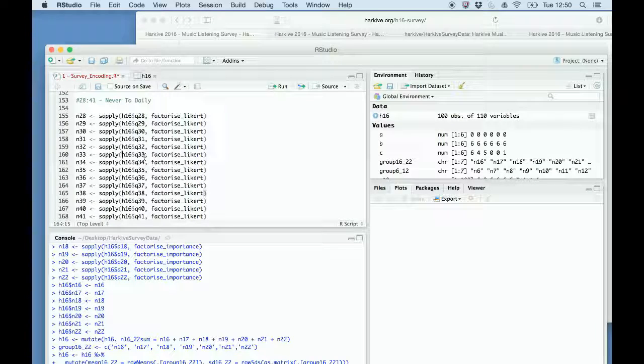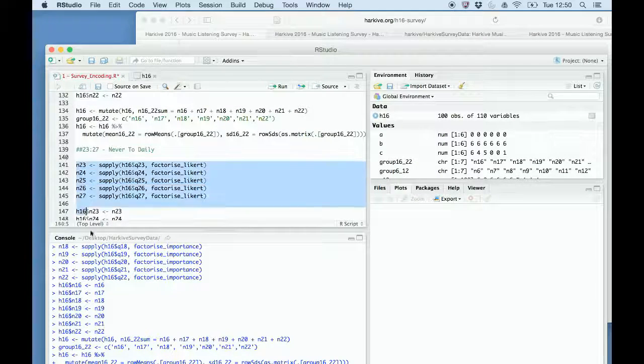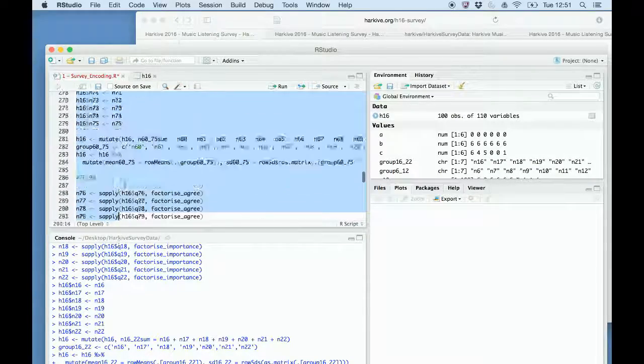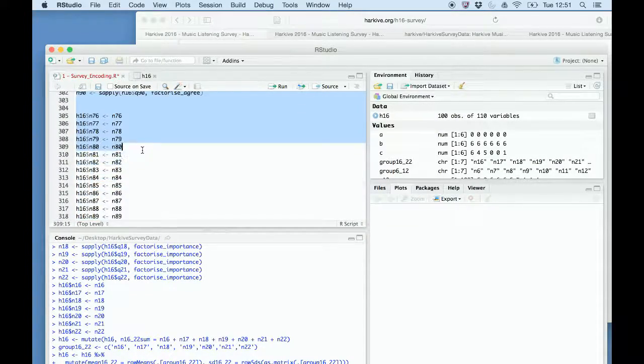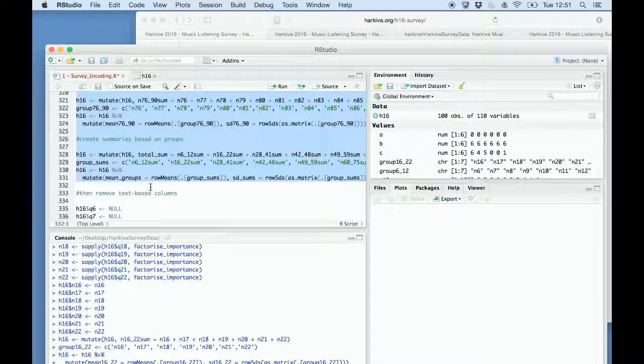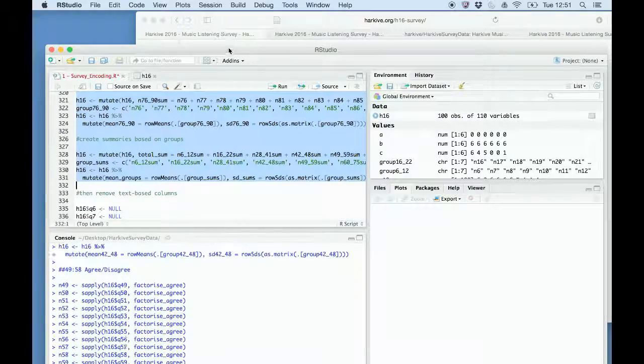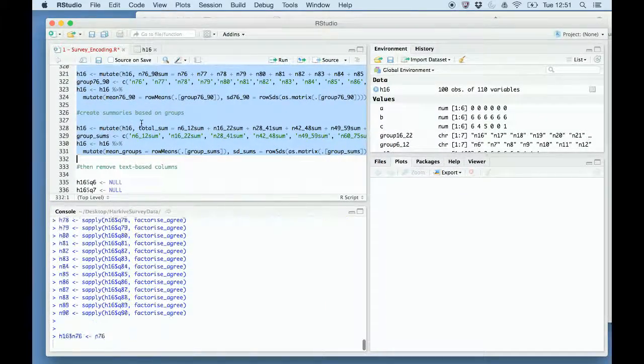Now, I won't bother going through the rest of it because this is essentially doing the same process with all of the other parts of the survey from questions 23 through to 90. But you can take your time and have a look at this in a bit more detail if you want. You'll see that it runs through relatively quickly and converts that entire